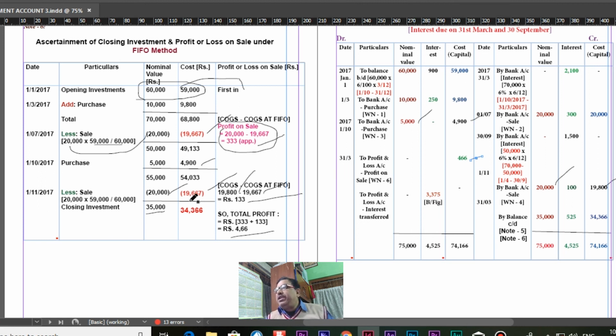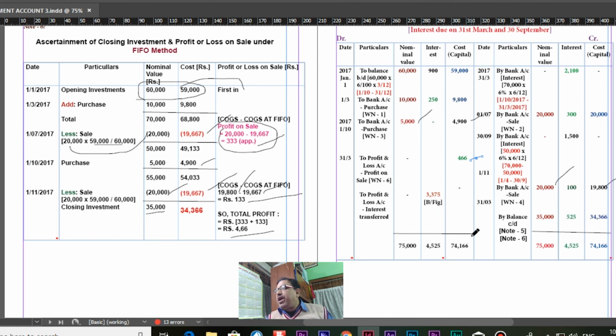The journal is investment account debit to profit and loss account. That is a profit. If it were a loss, then profit and loss account debit to investment account. But here there is a profit of rupees 466. Therefore, it will be investment account debit to profit and loss account. That is